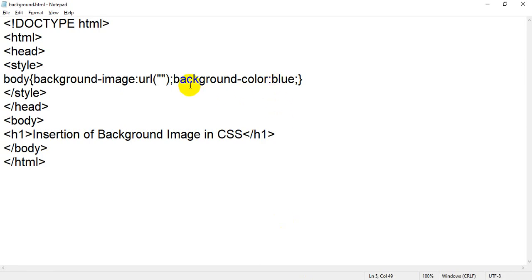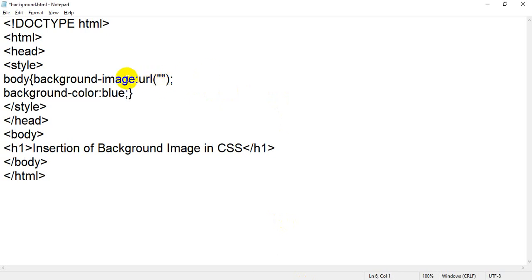But in case of a background image, or in case of insertion of an image, you have to write url. What is a URL? You cannot directly add the name of your image.